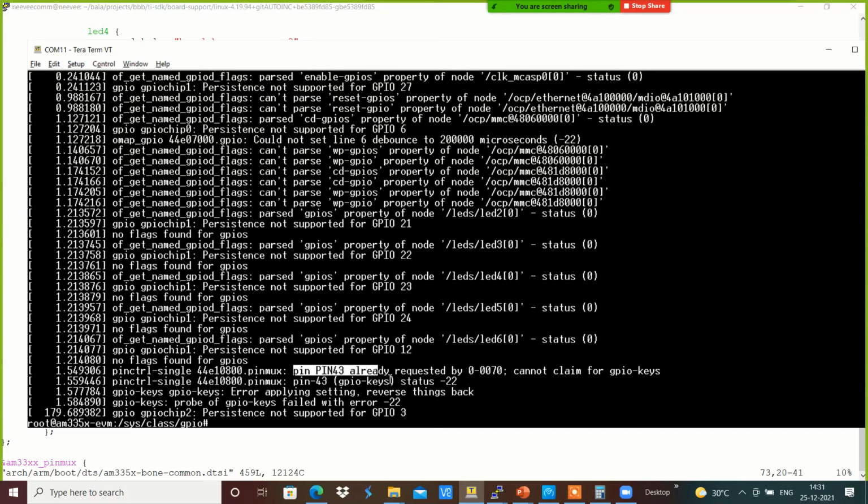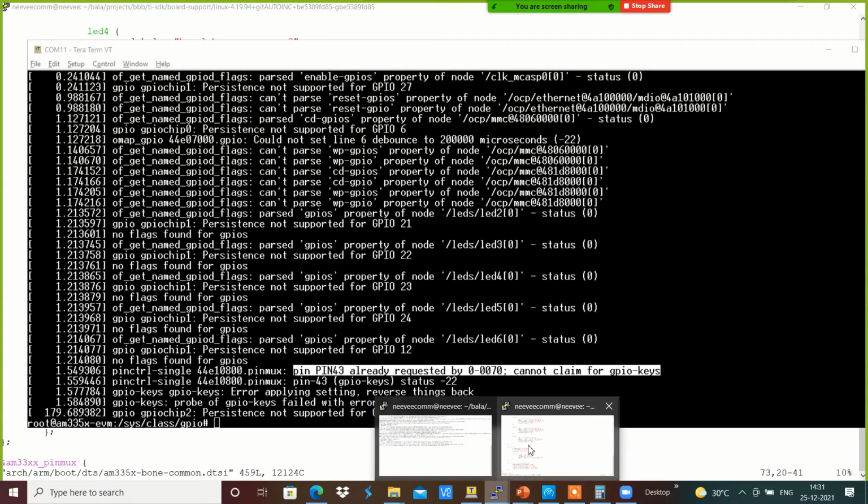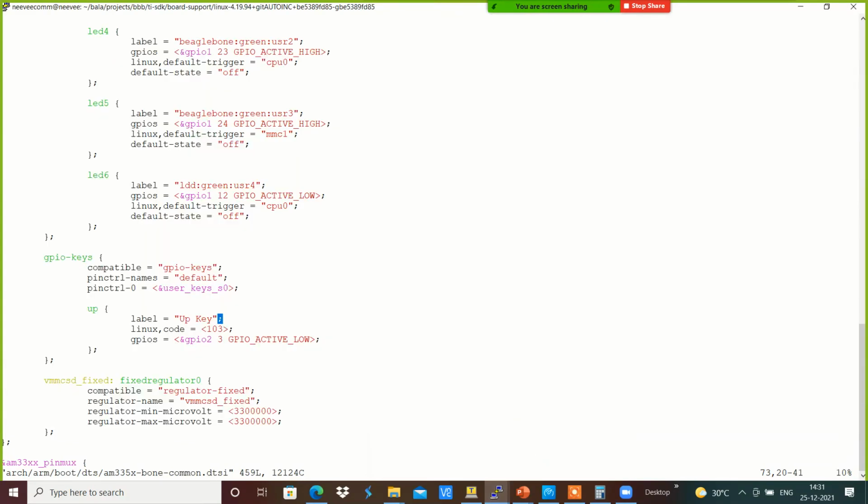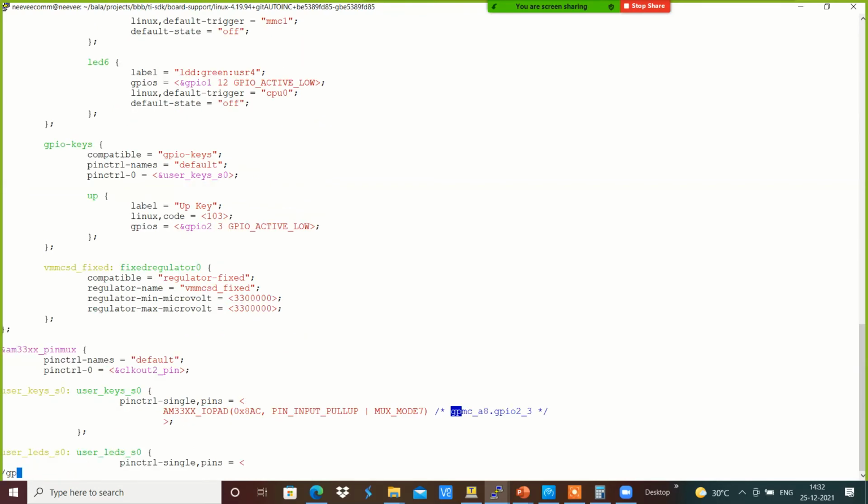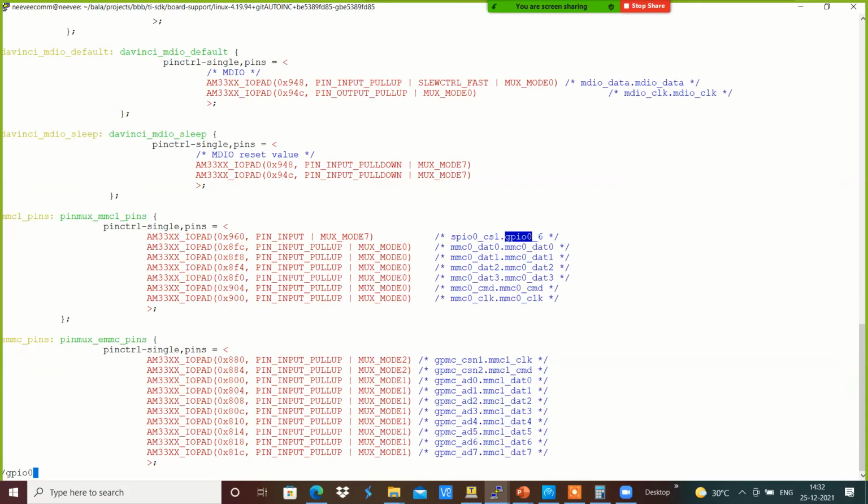Pin number 43 already requested by gpio-keys, cannot claim. Because of that, we have the issue over here, which we can see here, GPIO 2_23, GPIO 0.